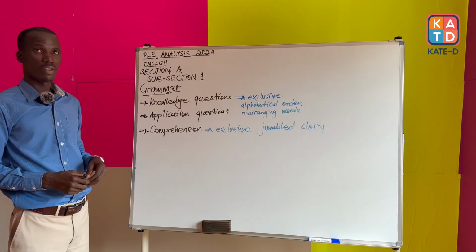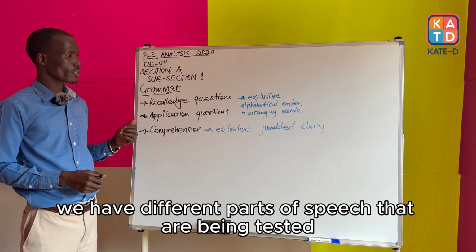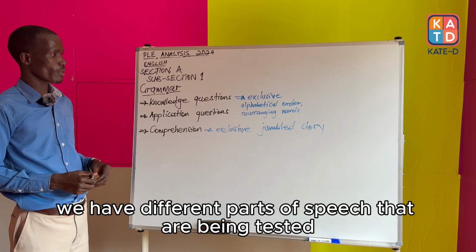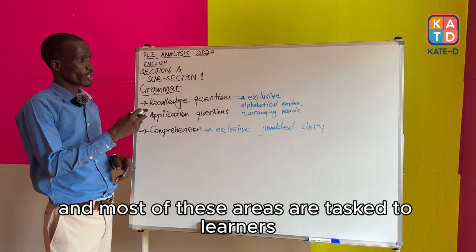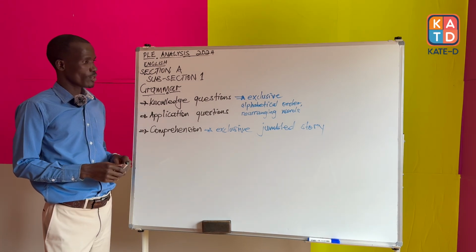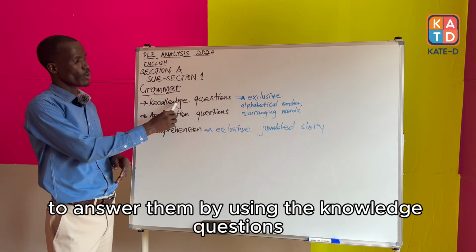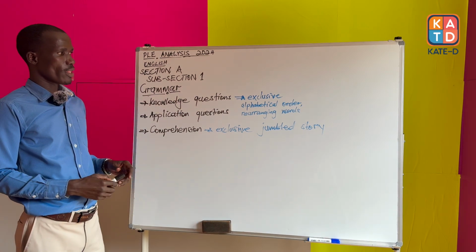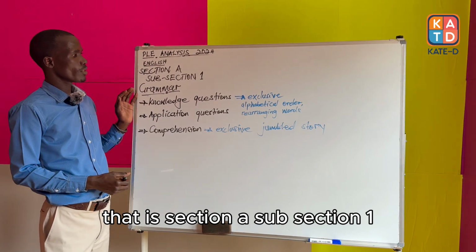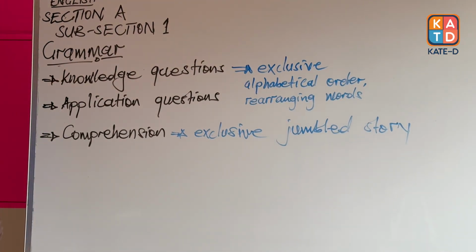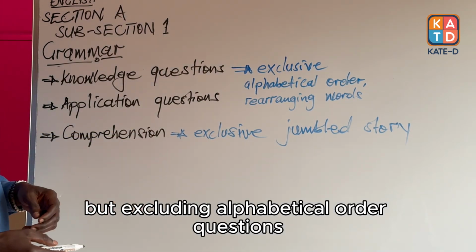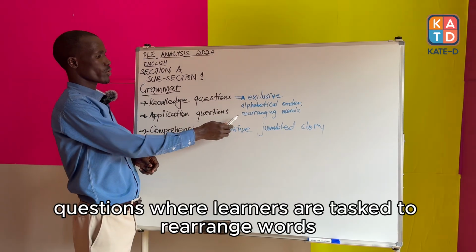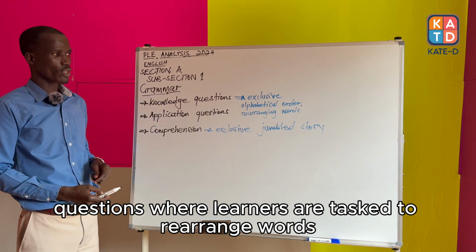In grammar, we have different parts of speech that are being tested, and most of these areas are tasked to learners to answer them by using the knowledge questionnaires. That is section A, subsection 1, but excluding alphabetical order questionnaires and questions where learners are tasked to rearrange words